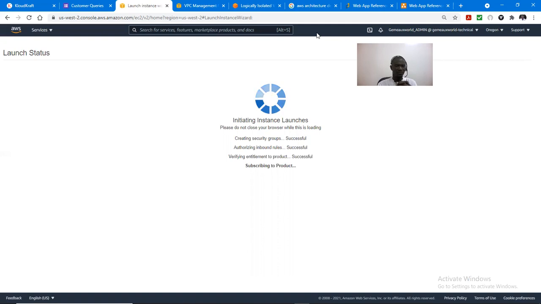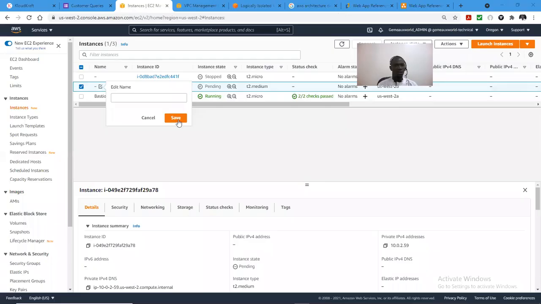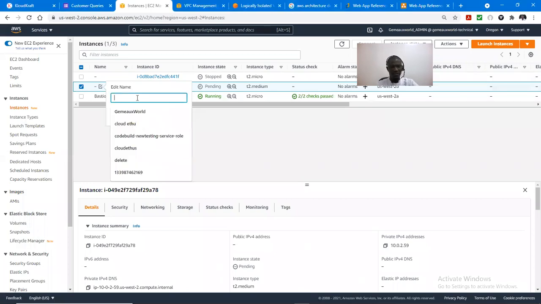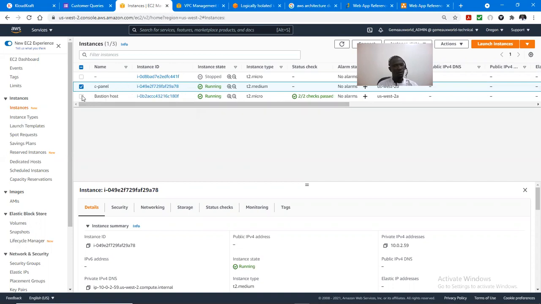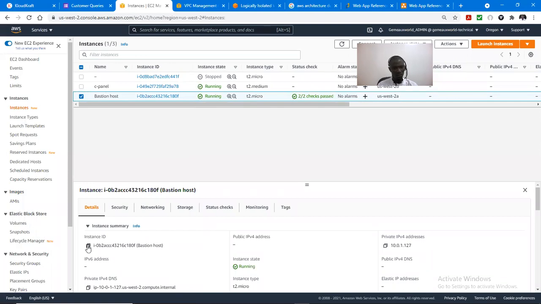So I'll come back when my instances are up. My first instance is up, so I'm naming the second one. So panel, Cpanel. Okay, now this is my Bastion host. So I need to launch into my Bastion host. Public IP for